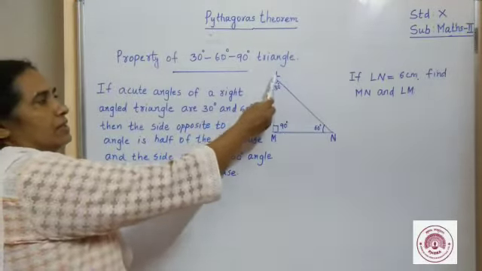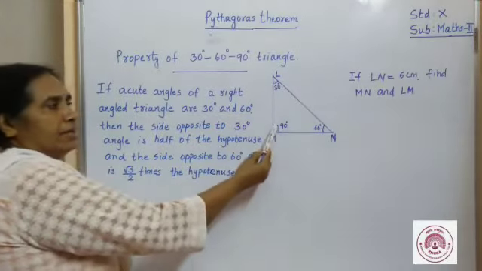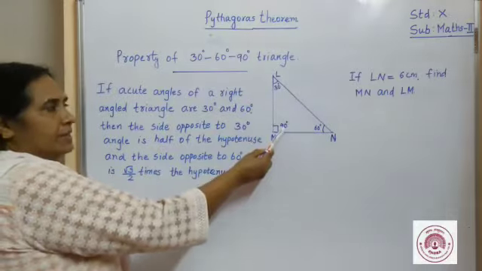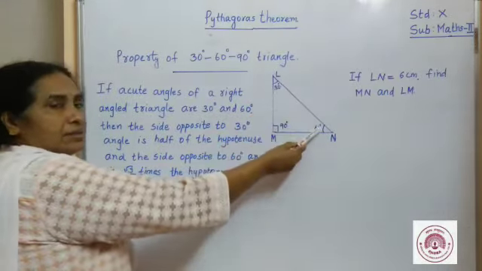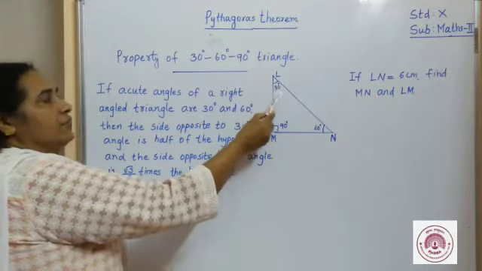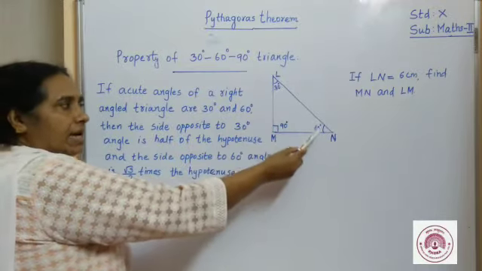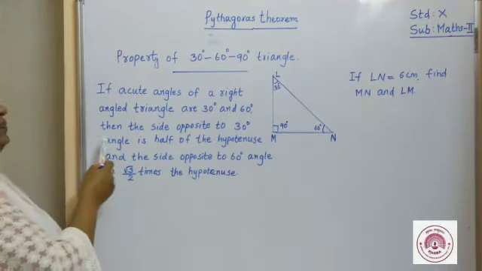So here consider the right angled triangle LMN, right angled at M. Here one angle is a right angle, 90 degrees, and the other two angles are acute angles, and if the other acute angles are of measures 30 degrees and 60 degrees, then the property says that the